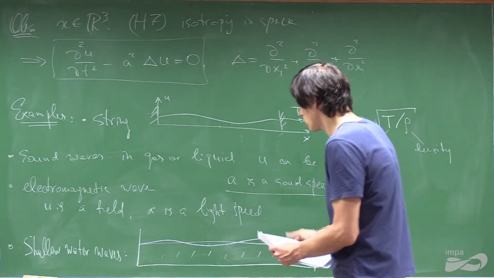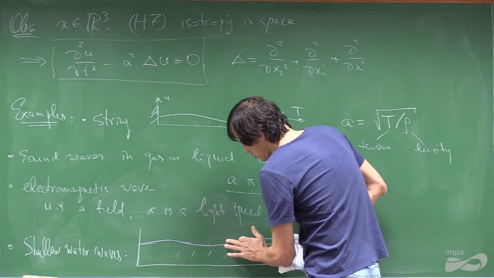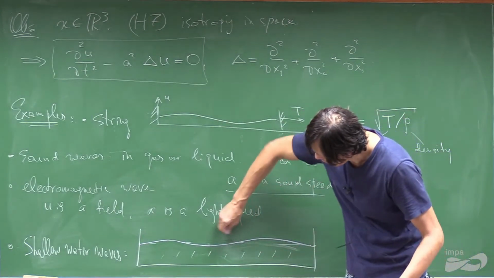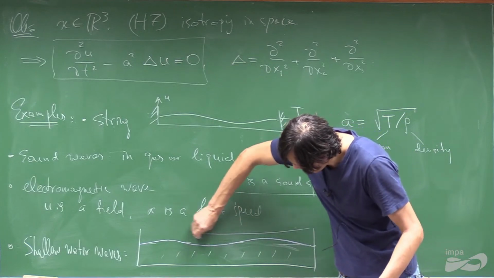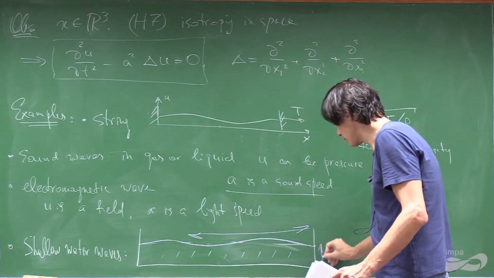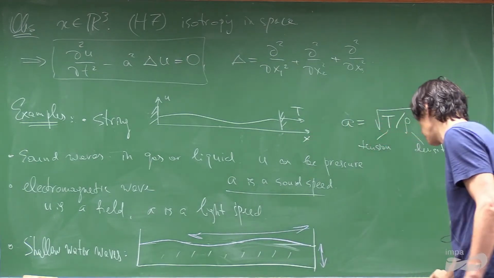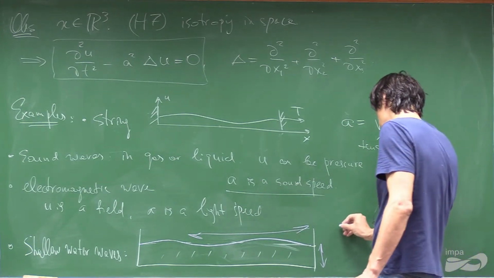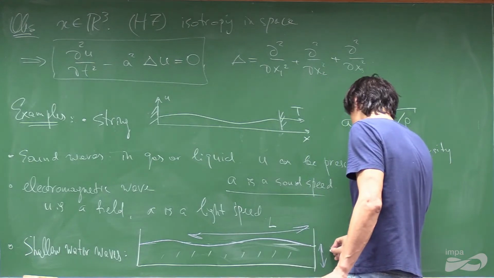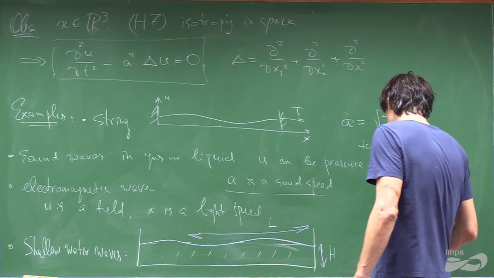So you consider the waves which have small amplitude, but also they should be long. So the length of the wave should be much bigger than the depth. So if L is a length and H is a depth, so the condition for the